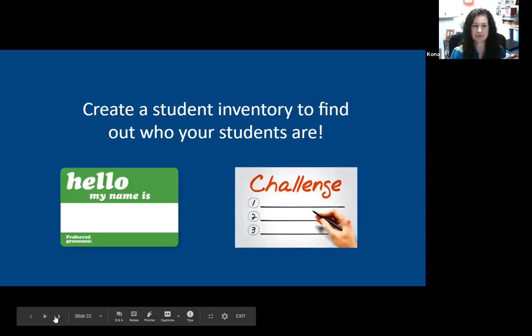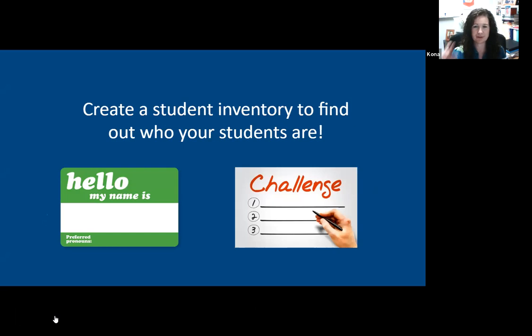Yeah, absolutely. And someone asked, could Remind be a possible other option? And yes, absolutely. It was never one that I had seen and used until more recently. But Remind is a way you can set up an account and have communication with your students through that. I put the link up there.